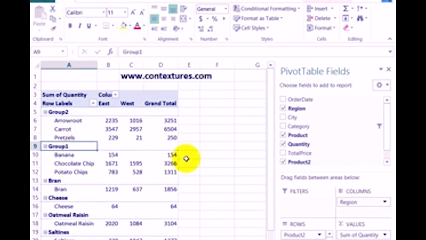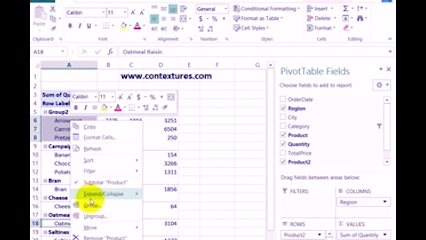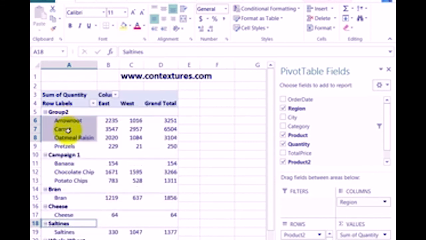Another thing we can do is rename a group. So instead of Group 1, which is the default name, I'll call this Campaign 1. And one last thing that we can do when items are grouped is add another item to a group. So perhaps we want a fourth item in this group too. So I've selected all those items, and we'll put oatmeal raisin in as well. So I'll Control and click on that, and right-click on one of the selected items, Group, and now oatmeal raisin